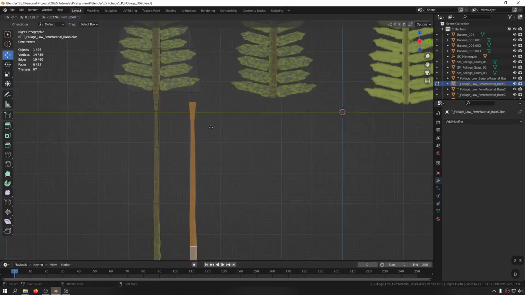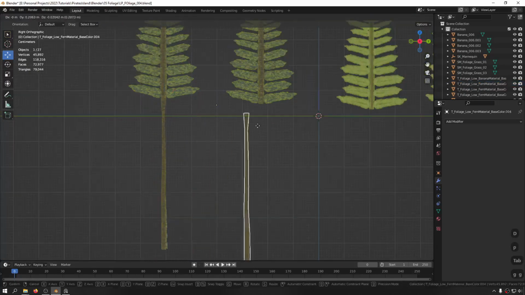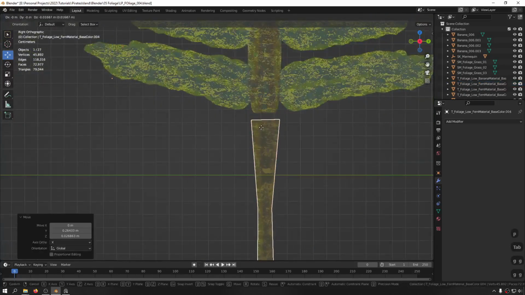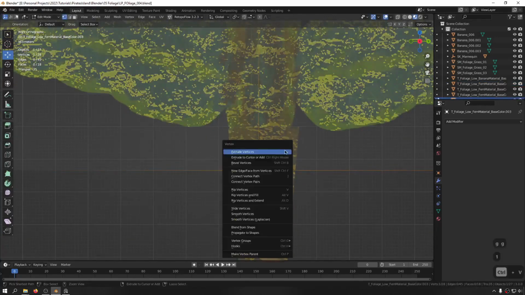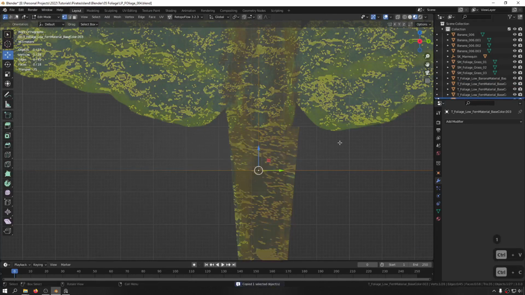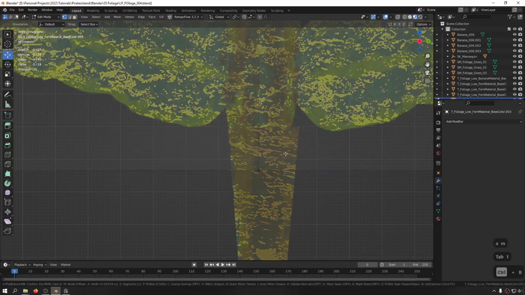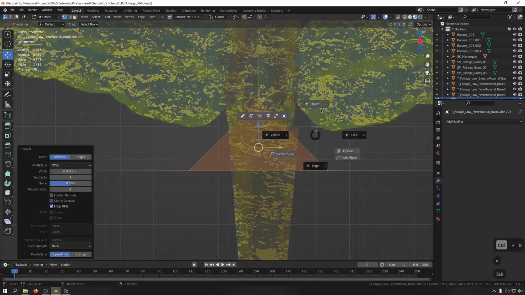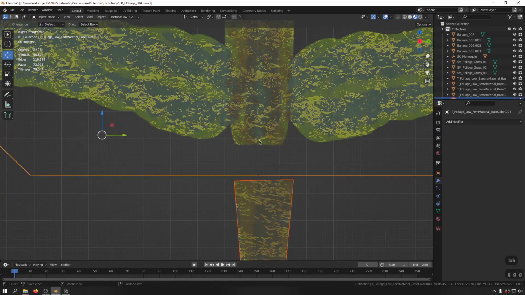So let's hit shift D and separate by selection. Now we have the stem piece in here as well. So let's bring it here, and I'm going to take this chamfer, merge by distance, okay. And now I'm going to chamfer this by creating bevel, okay. And now take this one, join these two together,